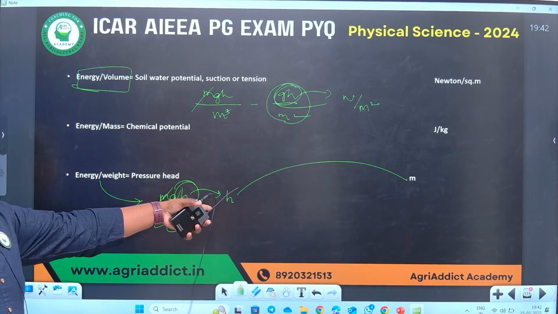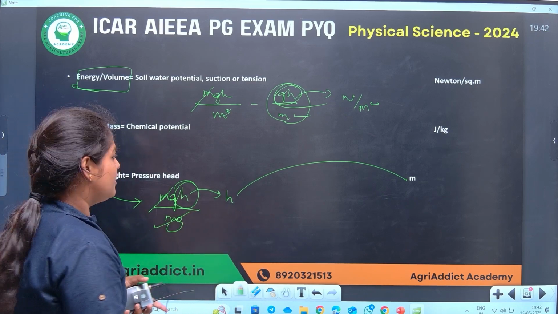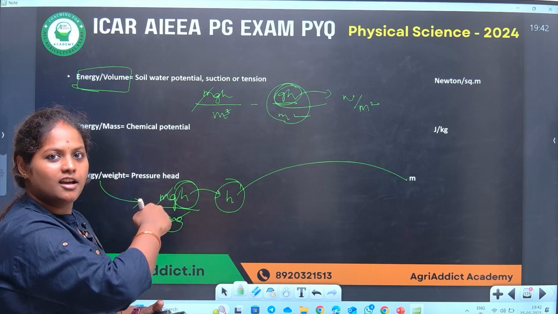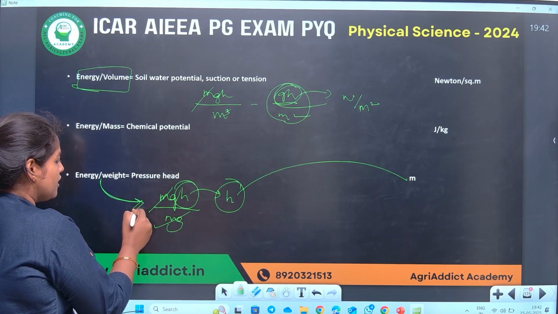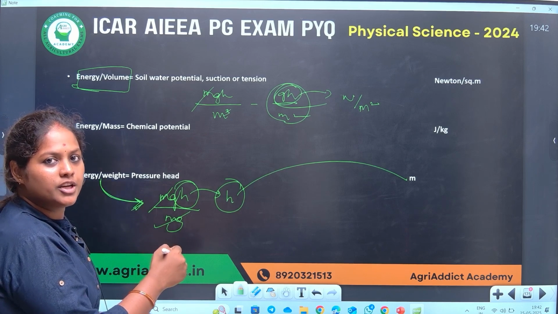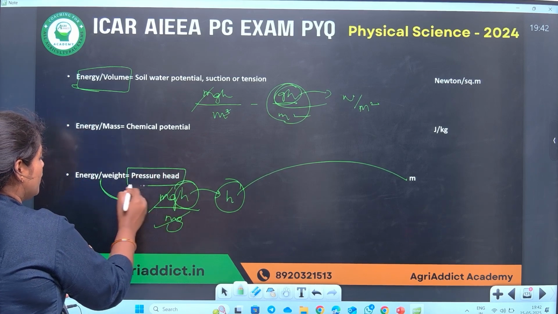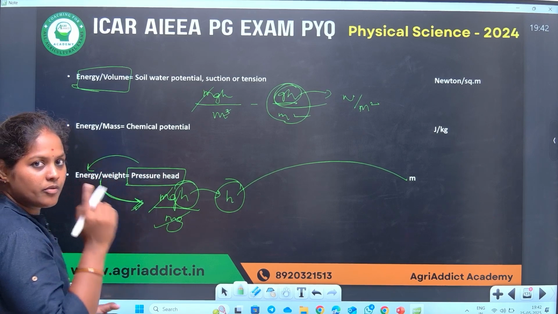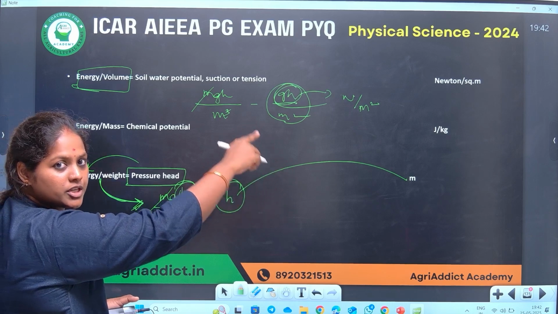This height is nothing but the pressure head, that is hydraulic head. This is the same thing that is asked in the question I gave. We will see. But you should understand the way I am deriving the unit from the particular formula. When they are telling pressure head, energy per weight should come into your mind, and you should be able to solve it to meter level, because units are also important.